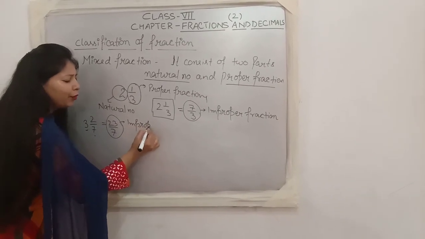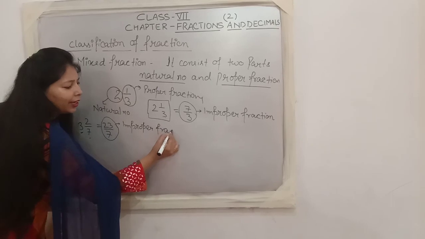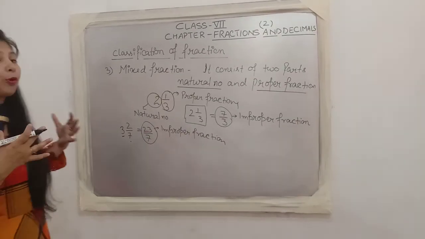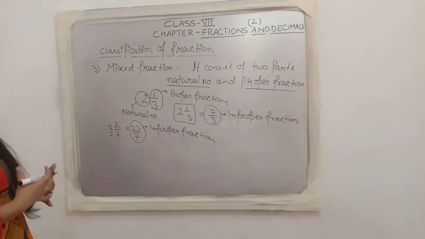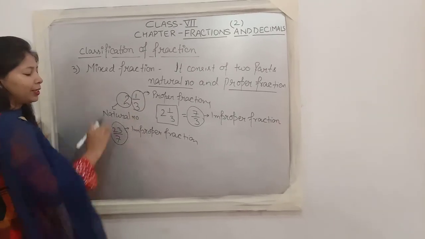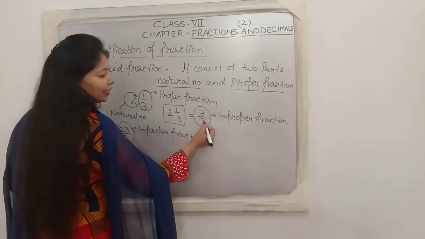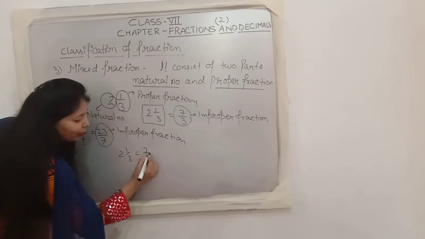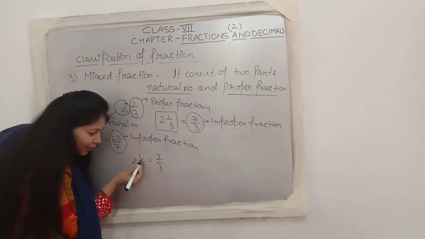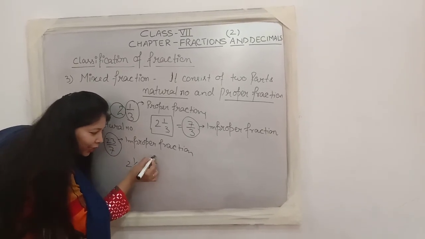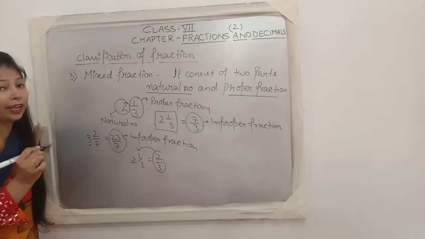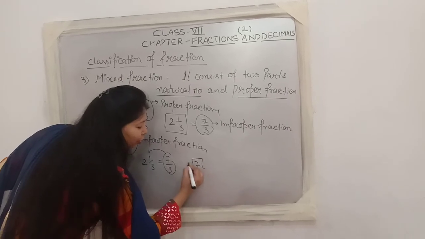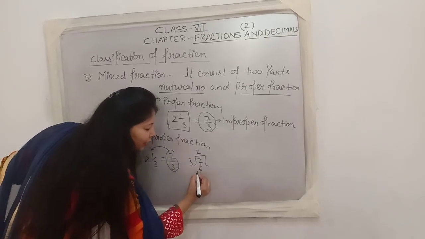So students, whenever you take a mixed fraction, it can be converted into an improper fraction, and any improper fraction can be converted into a mixed fraction. How is it reversible? Let us see. Now let us look at 7 by 3. We wrote that 2 1 by 3 can be written as 7 by 3. So 2 3s are 6, 6 plus 1 is 7 by 3. If I want to write this improper fraction again as a mixed fraction, what do I do? I will divide 7 by 3. This is 3 2s are 6, this is 1.